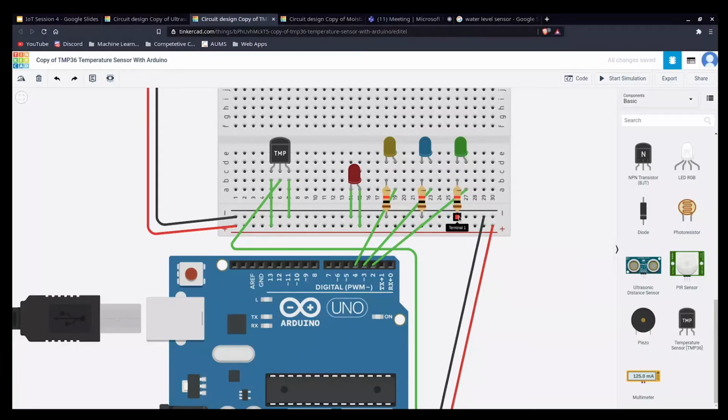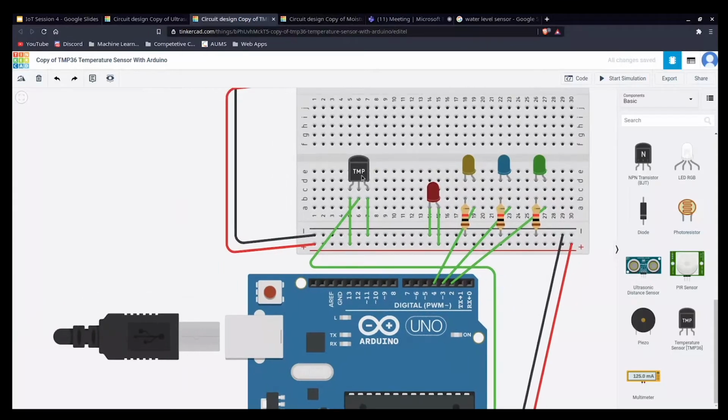So now it's connected to the ground of the Arduino board, and same as pin 3, it's connected to the ground. Pin 4 is also connected to the ground. And here I have not set any pin, so it will light up the whole time. It's connected 5 volt to the positive and then negative to the ground.